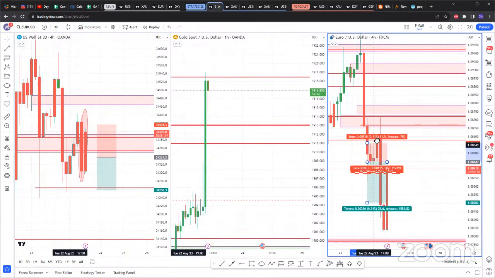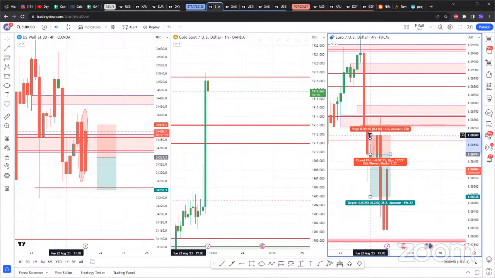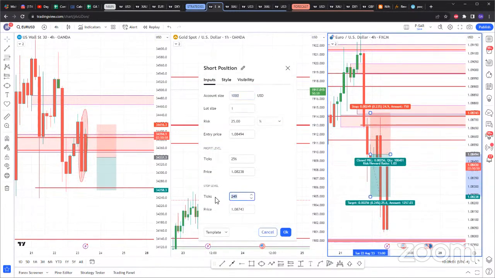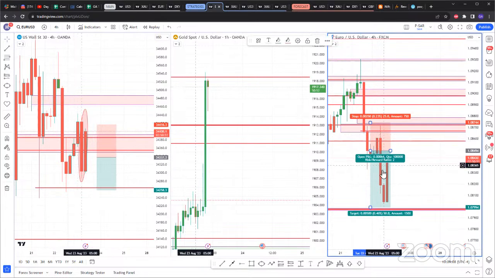Now, of course, if you entered here on that confirmation candle, entry candle at 1 p.m. yesterday, right there, and wanted your stop loss to be above your SARs, that would have been like a 25 pip stop. So for you to have a 1:2, 50 pip TP. Keep in mind, once you achieve a 1:1, you set break even. So if you were in this trade, you would have been at break even currently, if you entered there on impulse.